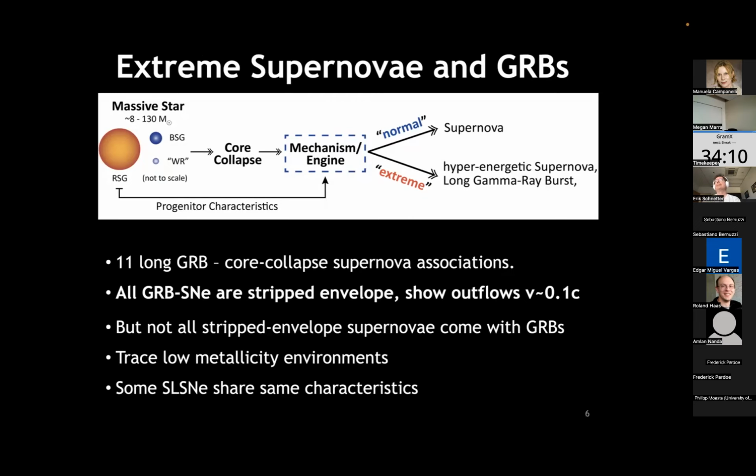So significantly non-relativistic. But then it's also not that all of the stripped envelope supernova we observe automatically come with GRBs. So there seems to be some additional parameters, either of the progenitor or the engine that is forming, that determines if we get an additional GRB, or maybe the GRB doesn't fully make it out of the star. So there's a lot of open questions of like what actually happens in these extreme explosions and what the observational